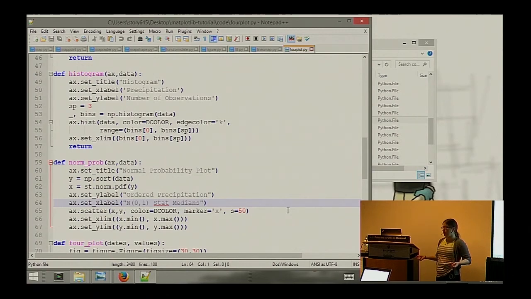Then, given those values, what's the probability of them occurring in a normal distribution? So that's taking the probability distribution. This is the probability of these sorted values occurring in a sorted array. And so what we want to see is, in a normal distribution,